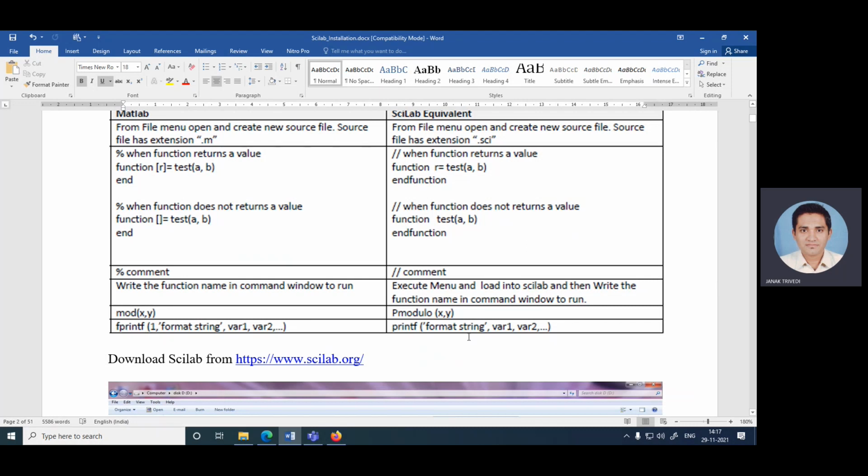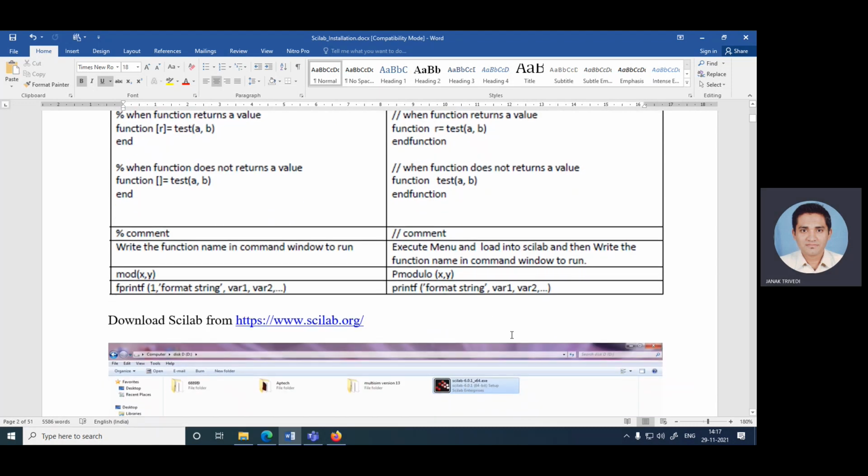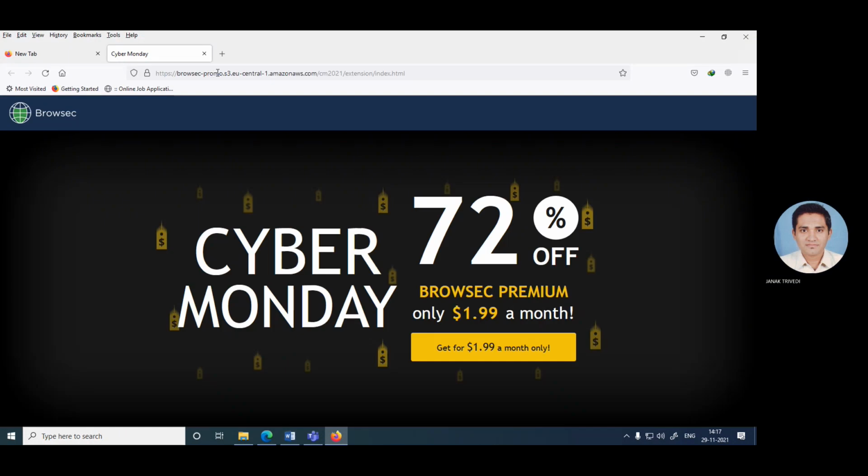One of the most basic differences is that MATLAB is commercial software, whereas Scilab is open source software. So that is one of the biggest advantages of using Scilab. So first we understand how to download Scilab. For that, click this link, scilab.org,